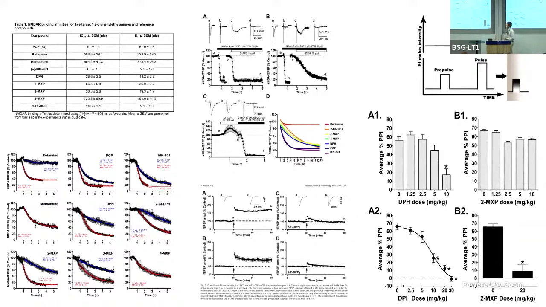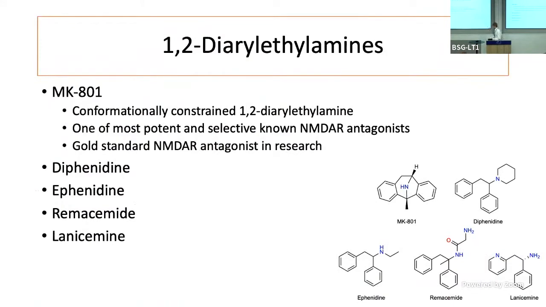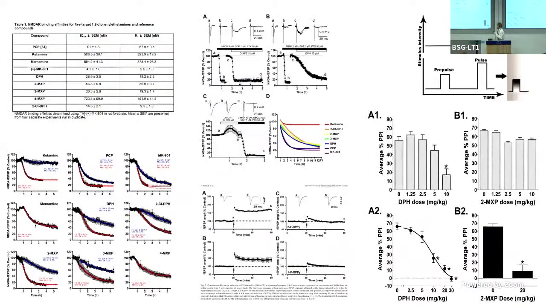It doesn't seem to be kinetics. There's some idea about pharmacodynamics with trapping in the channel. It doesn't seem to be that, but it's specific to this class of drugs, these diarylethylamines. So it's a very interesting topic. And what's really cool is that in the rodent models we use, it's consistent with the human data. They're substantially less potent in rodents as well. So we think we can use the rodent models to maybe answer this question. Hopefully, in a year or two, I'll have more information.